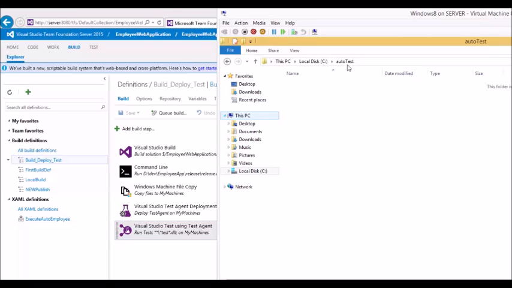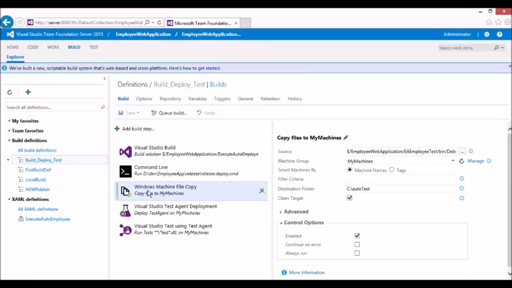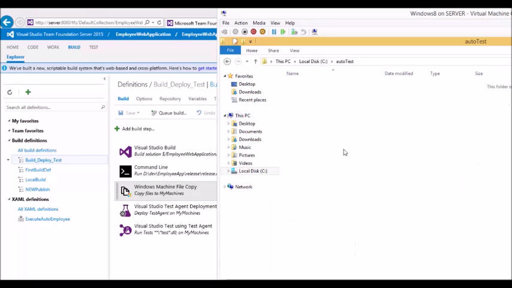So we know that we have an auto test, which is nothing but the drop folder in the remote machine. So we need to run the test project's test in that particular remote machine. So let's see how it works. We are going to copy some of the files from the Windows machine right here. So there is a Windows machine file copy task where it copies all the DLL files from the bin folder, and it's going to drop it into the C:\autotest folder of the remote machine, this folder of the Windows